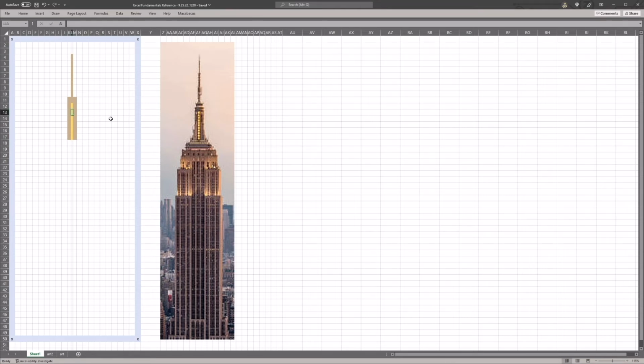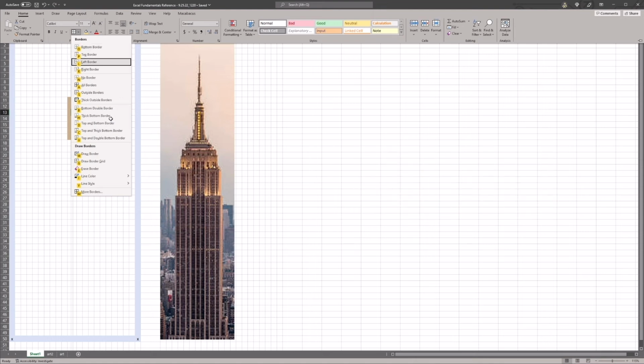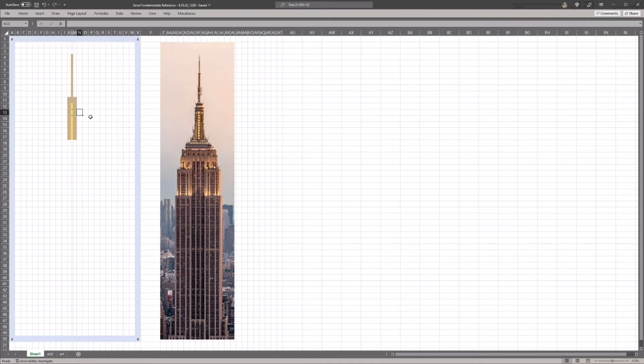It's just black. And one important thing about borders is there's actually quite a good number of pre-made border shortcuts that save you even more time. So if I type Alt-H-B, you can see all of my options for different border types. What I'm actually going to want to end up using is top and bottom border, which creates these little lines right here. And now I'm going to cut and paste everything